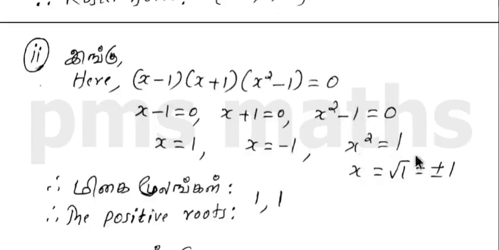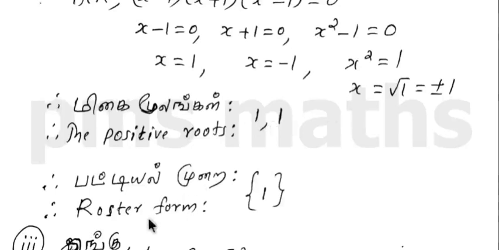Therefore, x square is equal to 1 means x is equal to, take this square to right side, becomes square root. Square root of 1 is equal to plus or minus 1. We got the roots. Roots means values of x. Here values of x are called roots. Here roots are 1, minus 1, plus 1, again minus 1. Here take positive roots. The positive roots are 1, this one, and then here again 1. 1 can be taken again. Both roots are equal. Therefore, write single 1.